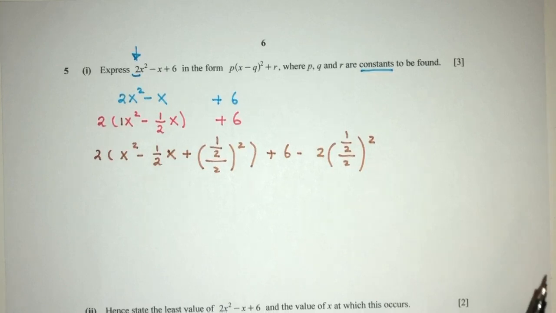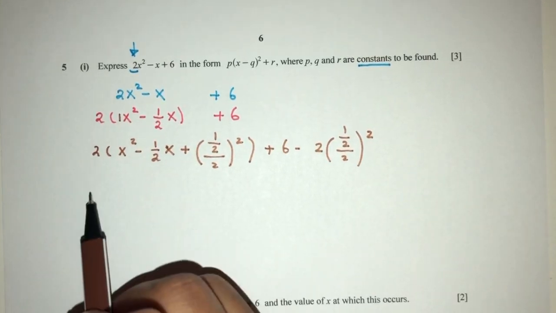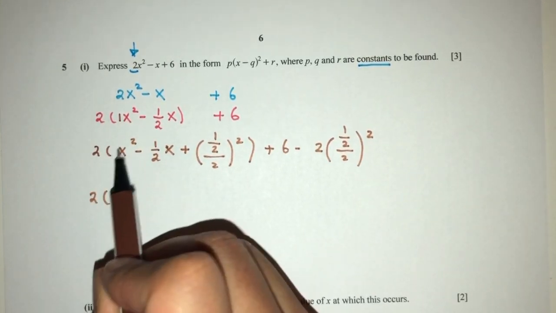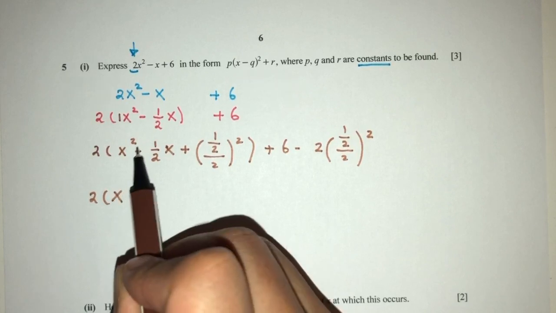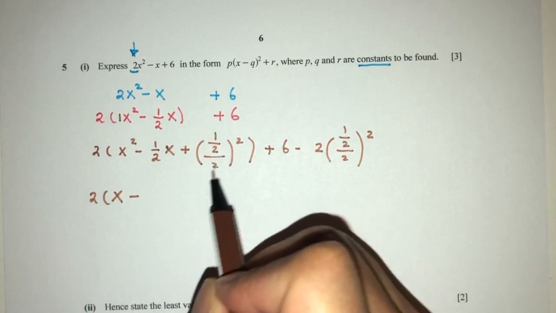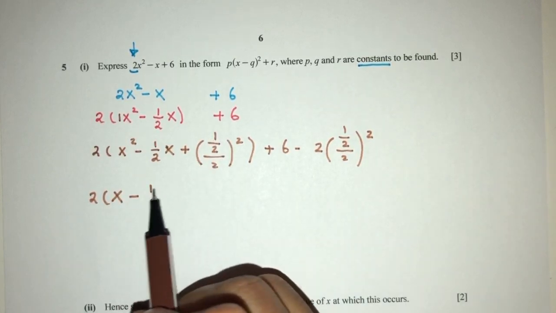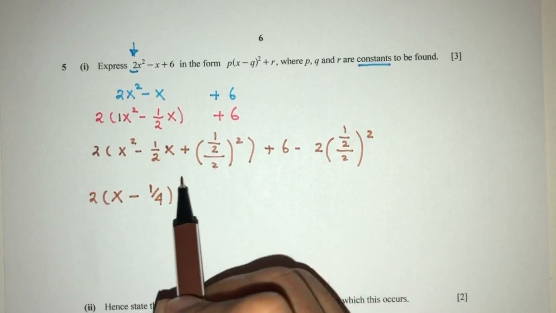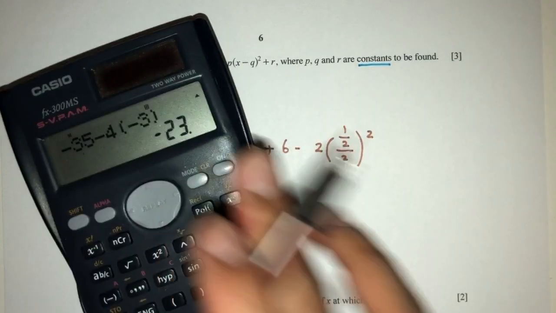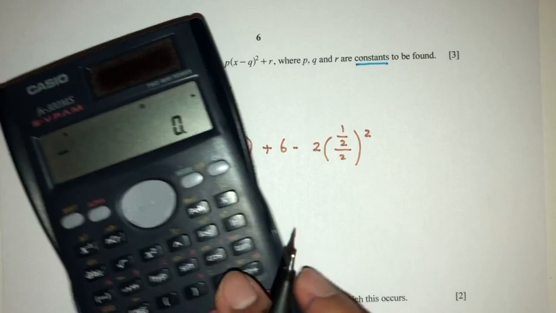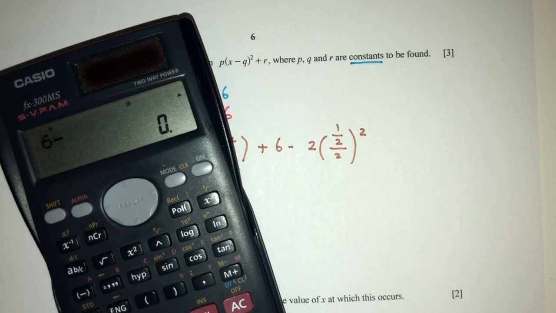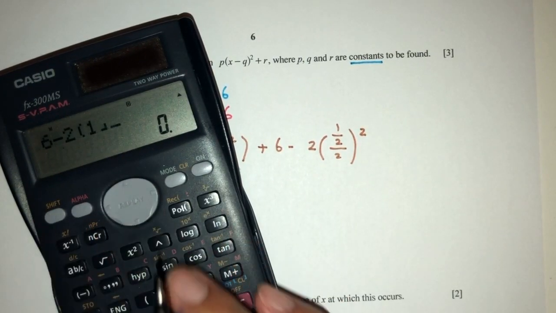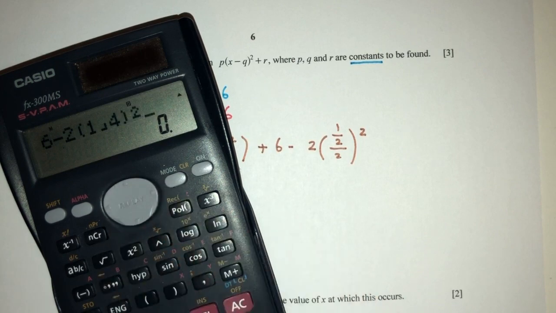That makes sense, right? Now simplify. This 2 will be 2 here. This will become x. Minus sign will be minus. Here inside you will have 1 over 4, and here we have a square, that will be squared. Here we have 6. So we have 6 minus 2 times 1 over 4 squared. That will be